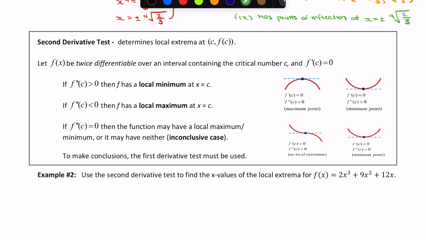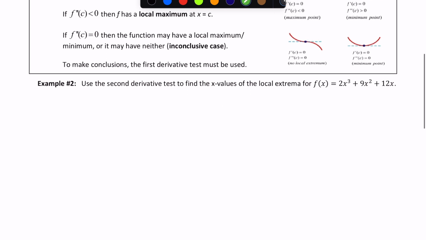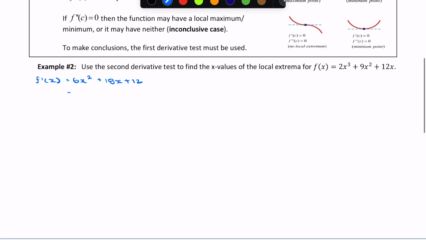So here, example 2, it says use the second derivative test to find the x values of the local extrema for f of x is equal to 2x cubed plus 9x squared plus 12x. So here, if we take the derivative, it'll give us 6x squared plus 18x plus 12. Here we can factor out a common factor of 6. We'll be left with x squared plus 3x plus 2,